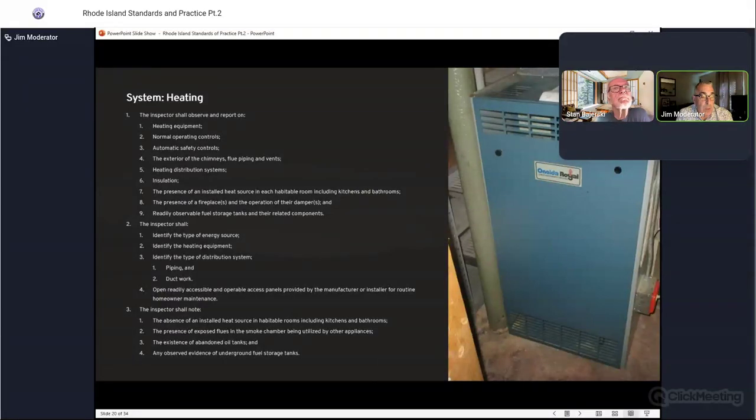The inspector shall note the presence of installed heat source in habitable rooms, including kitchens and bathrooms, the presence of exposed flues in smoke chamber being utilized by other appliances, the existence of abandoned oil tanks, and any observed evidence of underground fuel storage tanks. A couple of these things stand out to me. In our state,